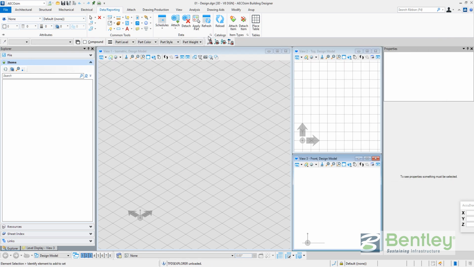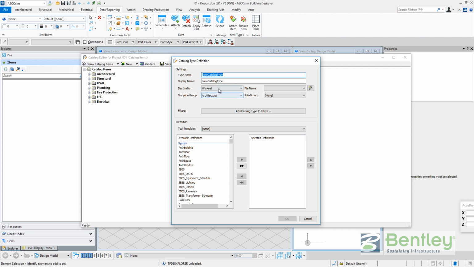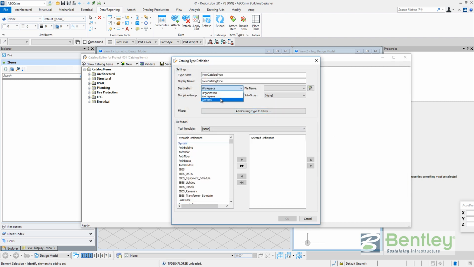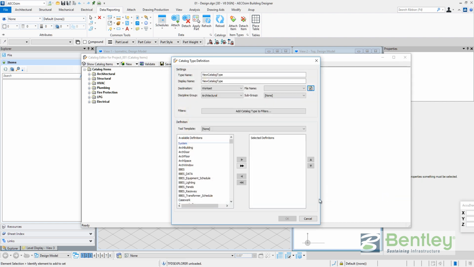If I go, for example, to my catalog editor, and I create a new entry, a new catalog type, there will be 3 levels: organization, workspace, and workset. Workspace is pointing to my new network workspace, right? X network workspace standard. So it's valid for all my worksets on this workspace. And workset is pointing to the workset on the network. X network workspace, equals network workspace, workset project, and so on. So now my configuration is ready to use the workspace on the network, and both levels, workspace and workset, are